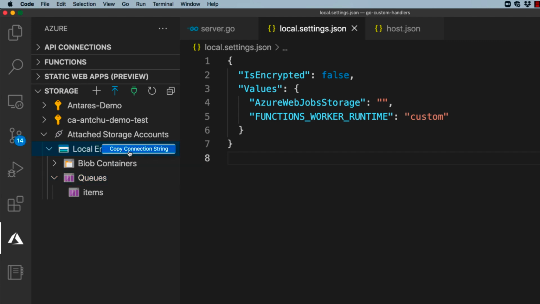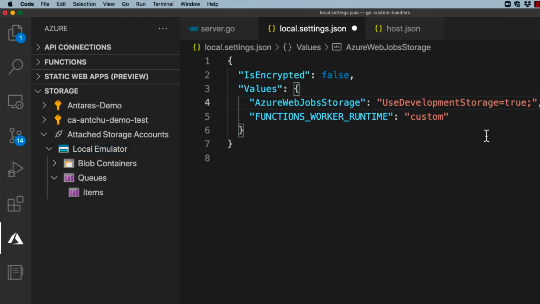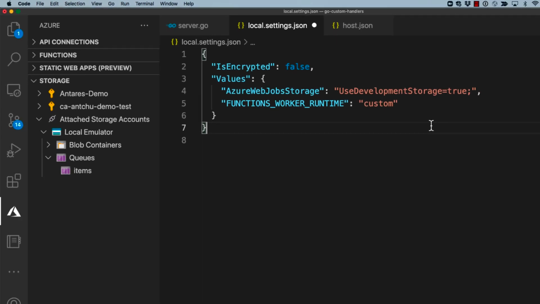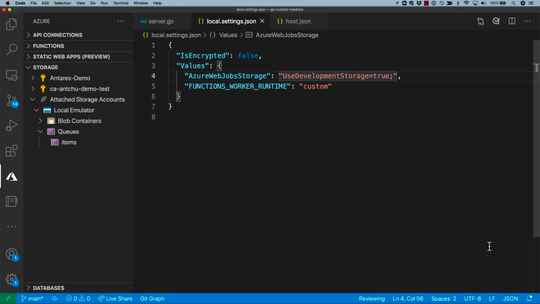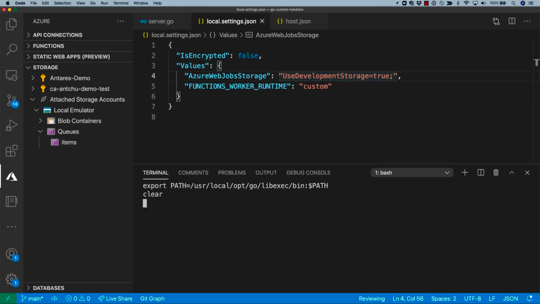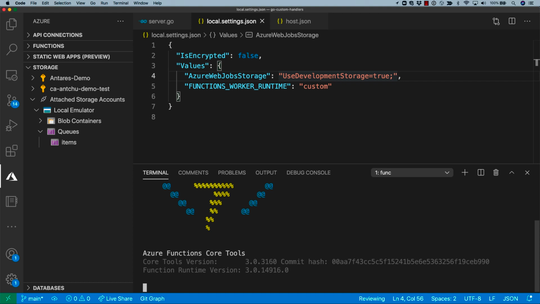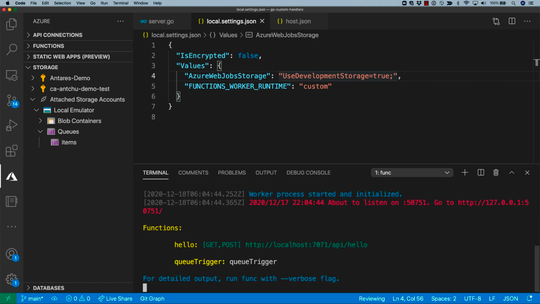And then we can right click on the local emulator and copy the connection string. And then we'll paste that into the variable that we specified earlier when we created the queue trigger. And this local.settings.json file is only used when you run locally. And when you deploy it in the cloud, we're going to set the connection string somewhere else as an app setting. So we've started up our app, and now you can see that we have this extra trigger here now,